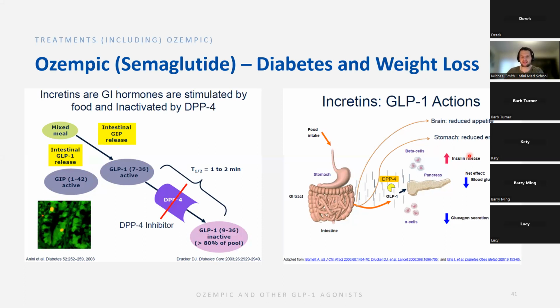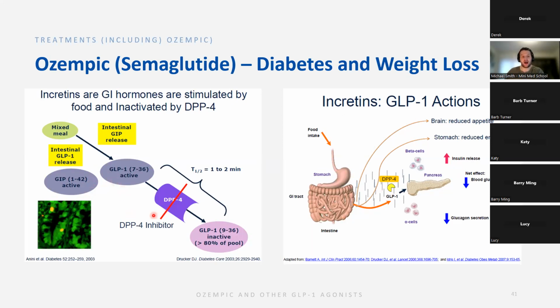And so those include reducing the rate that our stomach empties so we can feel fuller for longer. They help to reduce the amount of sugar that our liver makes, kind of like metformin. And then they also help suppress appetite in our brain. And so those are going to be some of the major functions of these GLP-1s as well. And then as you can see from this diagram here, we have options like GIP and GLP-1 being released after the